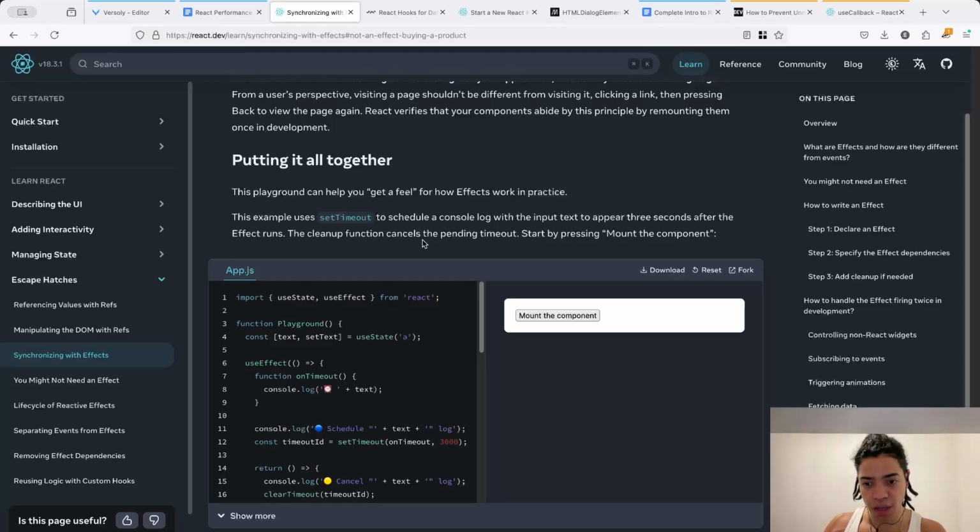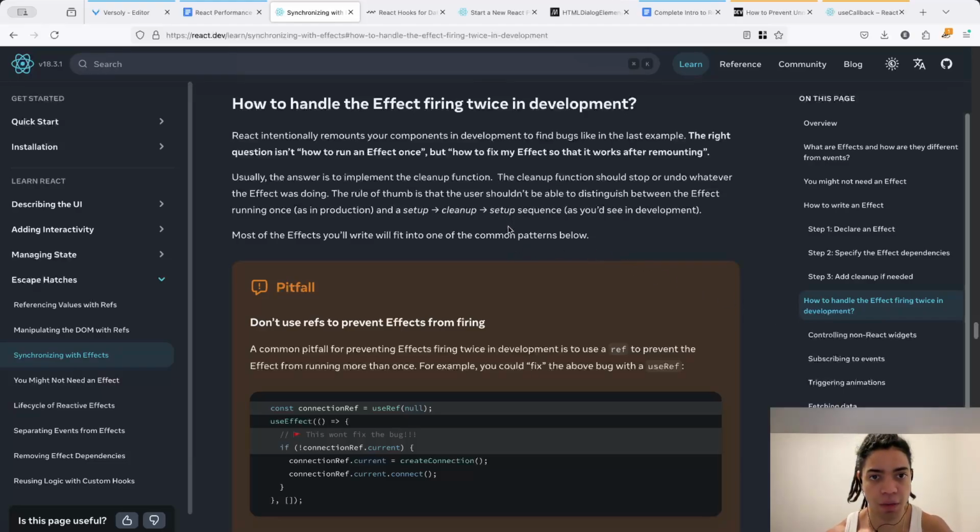So the most common, we also look at how to handle this effect firing twice, because React 18 uses strict mode. You can put it or not, but the idea here is to prevent you from some common problems